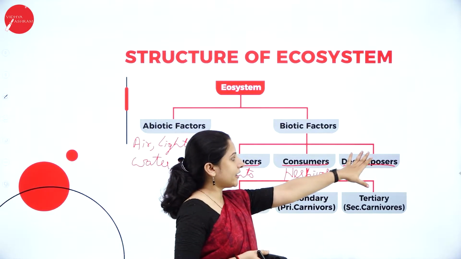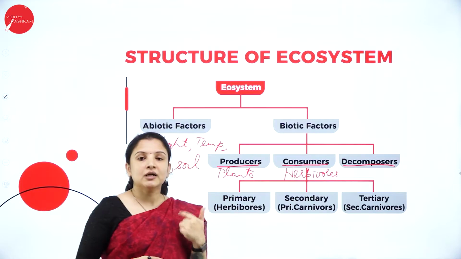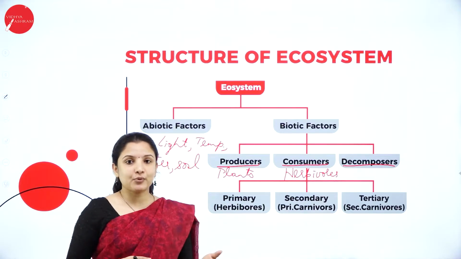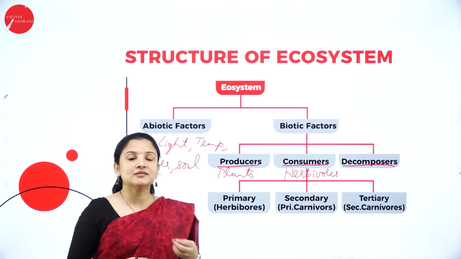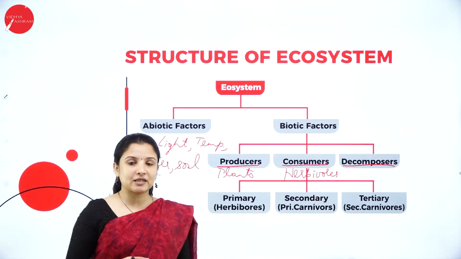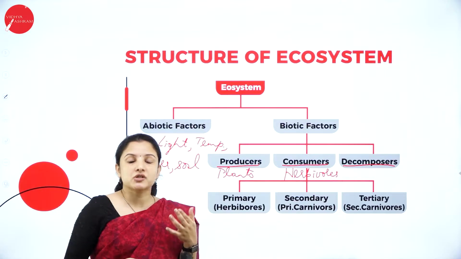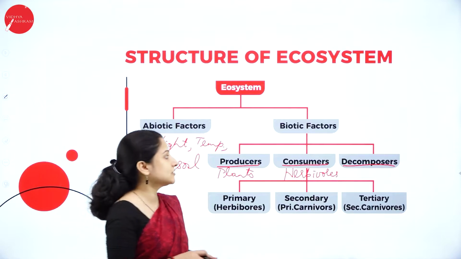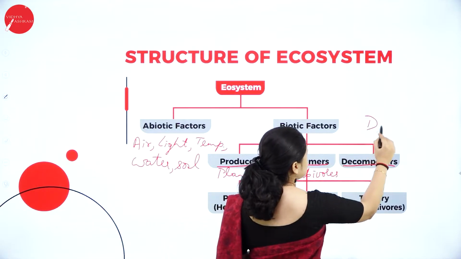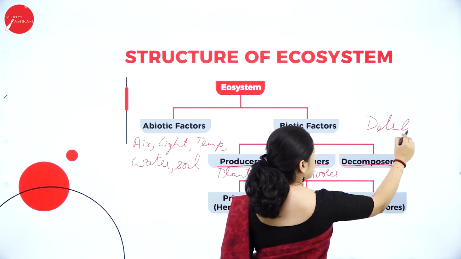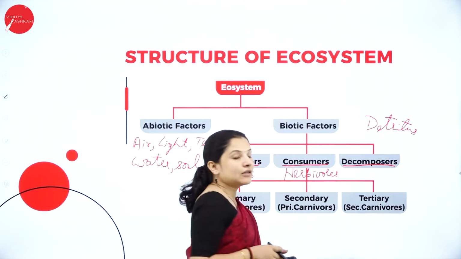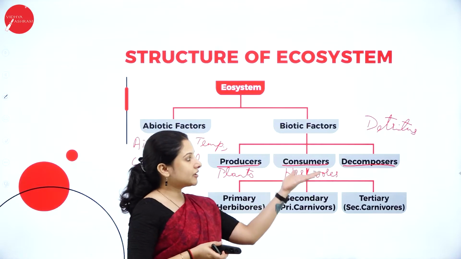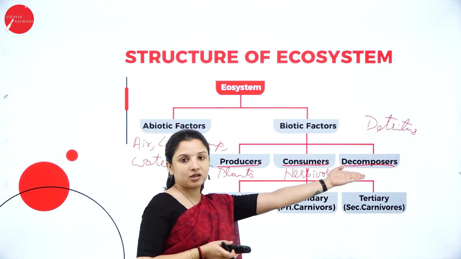Next, under biotic factors, we have decomposers. Decomposition, to decay something, right? The best decomposers that we have in the environment are the microorganisms such as the bacteria and the fungi, which are the saprophytes. And also we have the detritus. So detritus is nothing but those organisms such as the earthworm. Earthworms also help in decomposition, right? They help in decomposition and increasing the fertility of the soil. So they come under the detritus. So all these come under the decomposers.